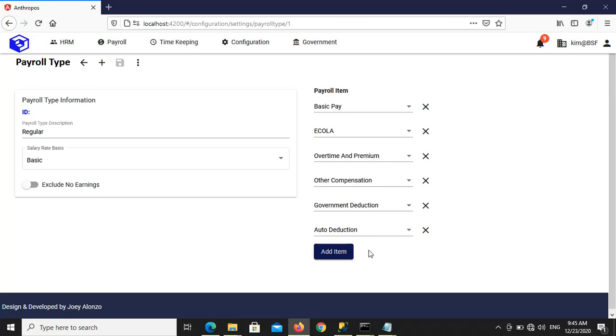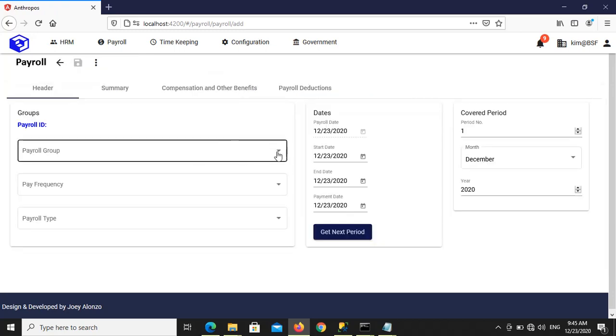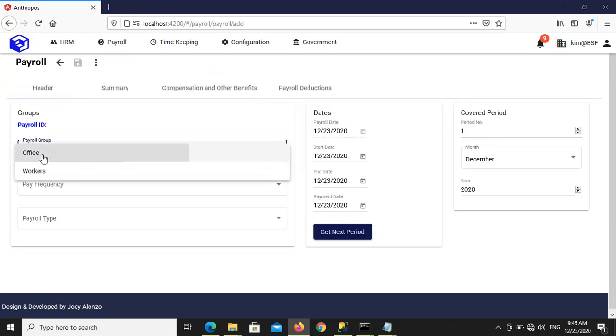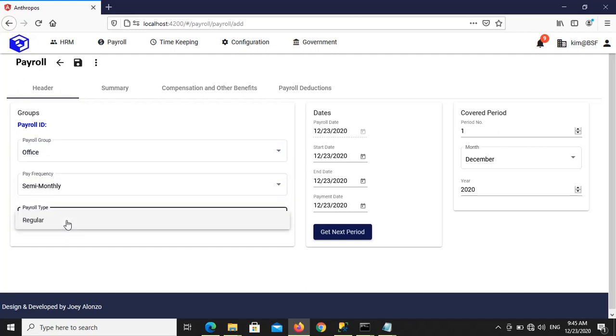So as you can see, I specified all the items in the payroll here with this payroll type regular. So when I will now generate the payroll, add new record, and then I specify here the payroll group, payroll frequency, and then the payroll type is regular. Okay, and then here I will get the next period. So when I will now generate the payroll,